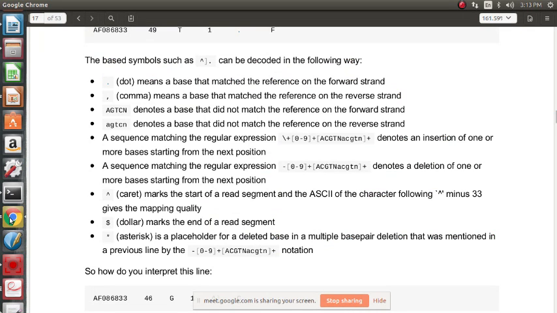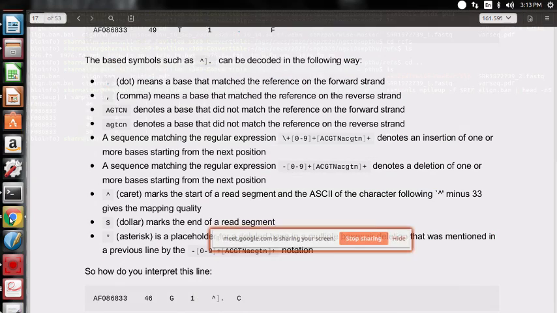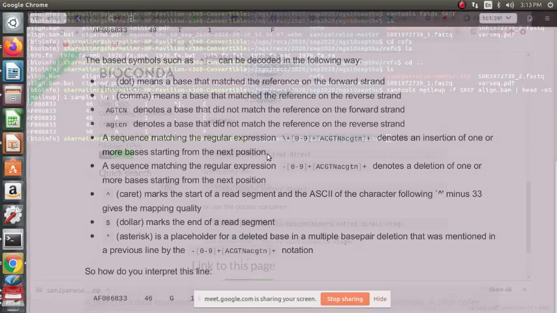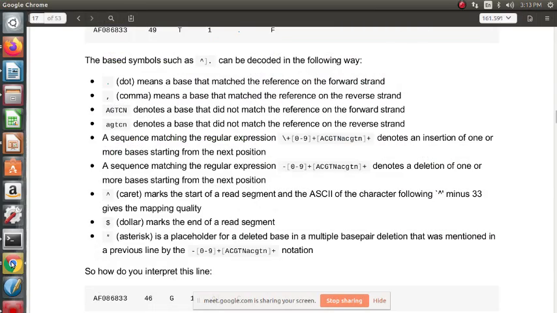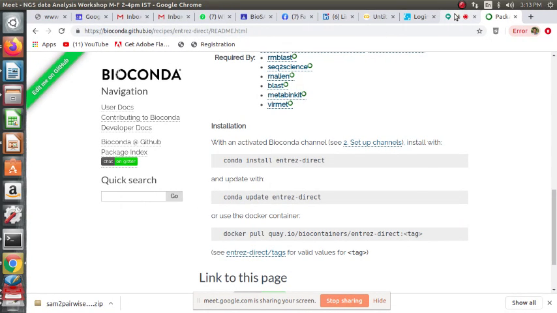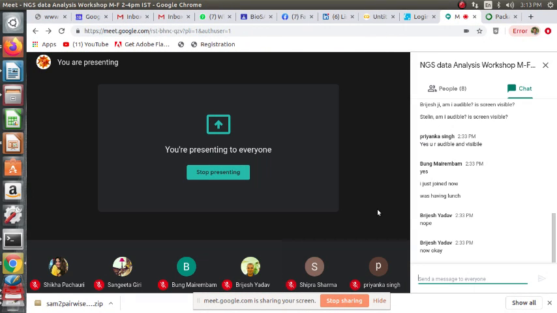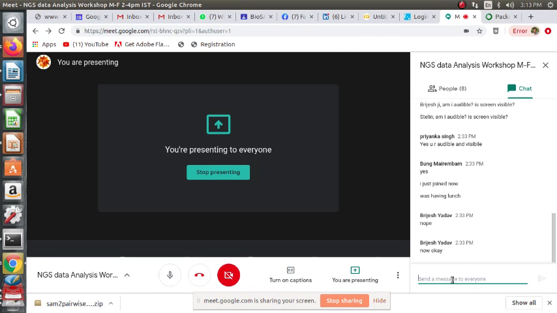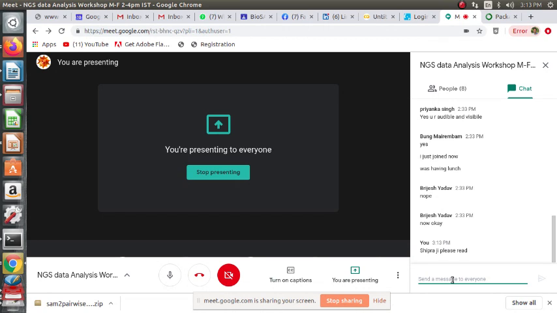Let us check the Meet again, the presence of the participants. One minute. So I will mention. Is everybody there, right? Mentioning in the chat. Shipraji, please check the chat.